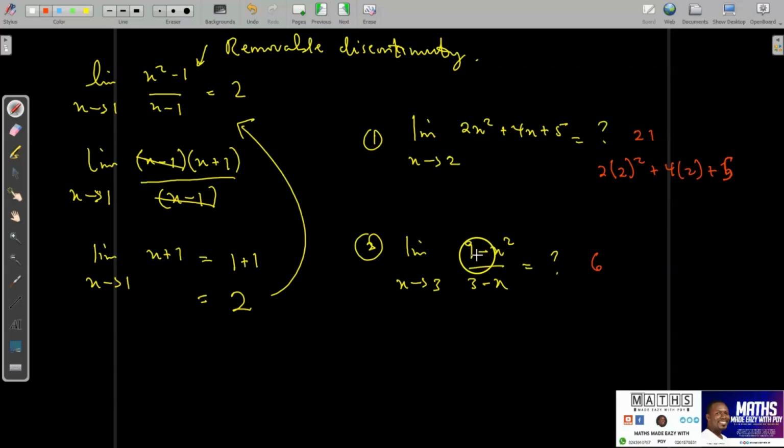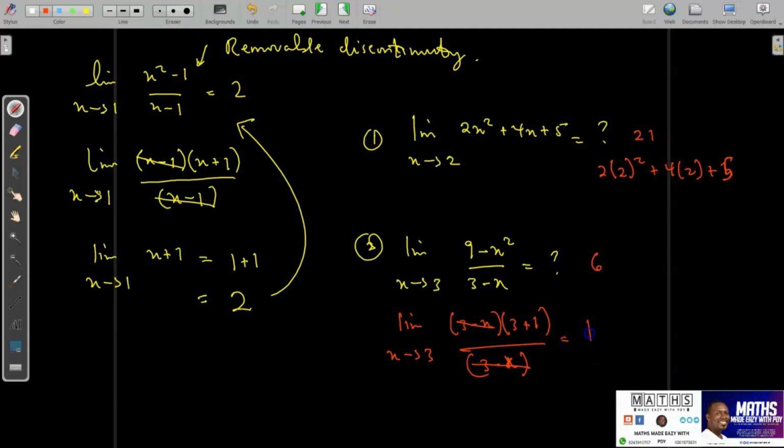If you analyze it carefully, you realize that the numerator is a difference of 2 squares. The denominator is a linear function. But 9 minus x squared, you can get a factor of 3 minus x in there. So this function can be written as the limit of 3 minus x multiplying 3 plus x, all over 3 minus x, as x approaches 3. Hence 3 minus x will cancel out 3 minus x,